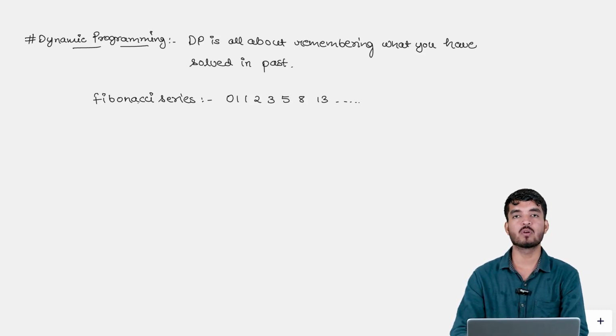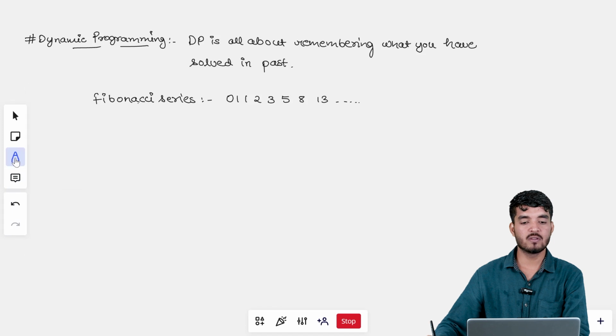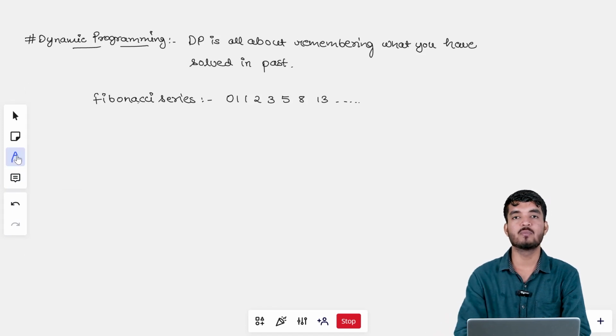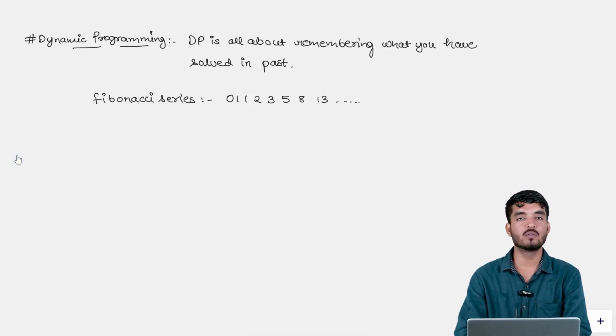So what is dynamic programming? It's all about remembering what you have solved in the past. The idea here is to not compute the answer for the same states again and again. If you have already computed the answer for some particular state, then just simply store the answer and use it in the future. So I personally consider the Fibonacci series as the best and easiest way to start the